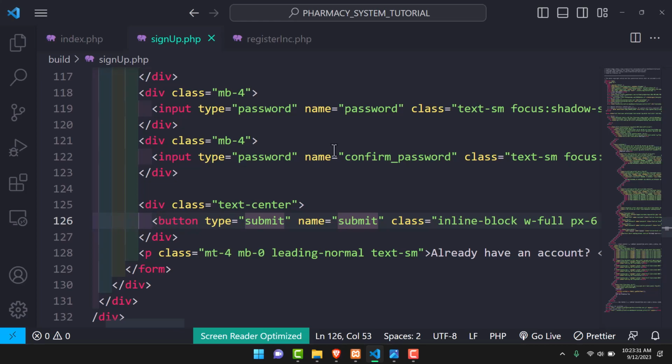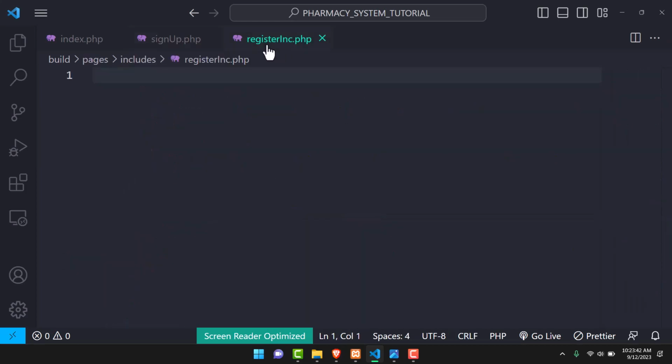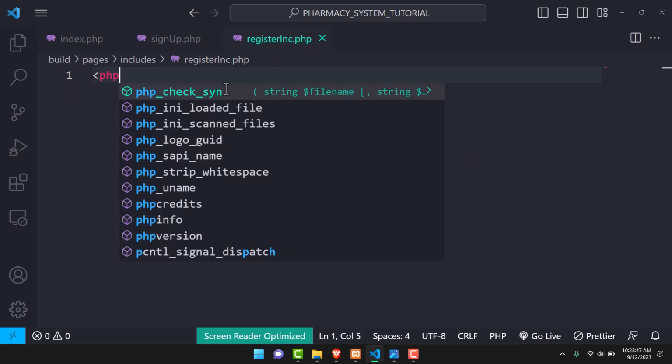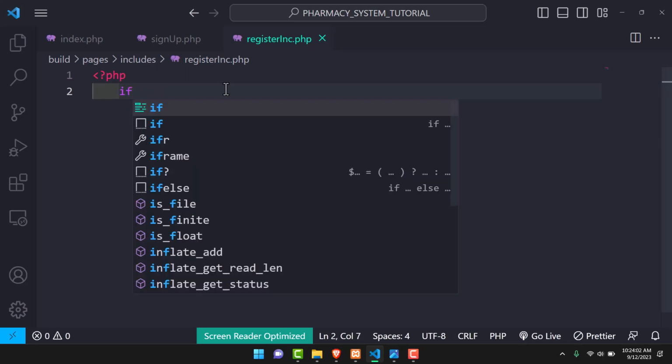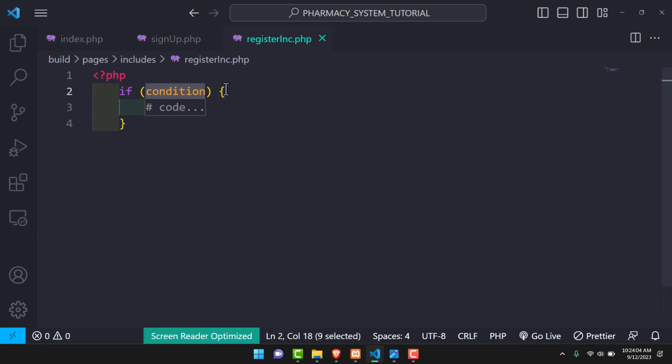So right now I can just write a simple code like we've been doing previously, just to test whether what we have done will work. So we're just going to go to the inc.php, and here I'm going to of course have the PHP tag, and then I'm going to have an if statement. This if statement basically is going to test whether the button was clicked or not. For the condition, I'm just going to talk about if it's set,